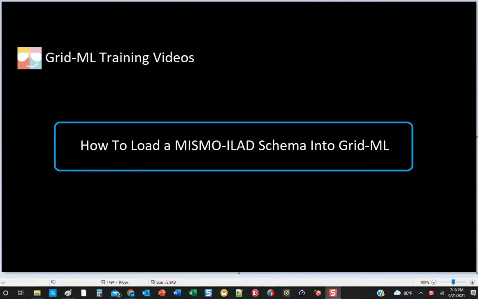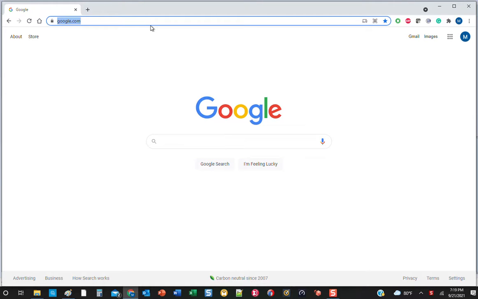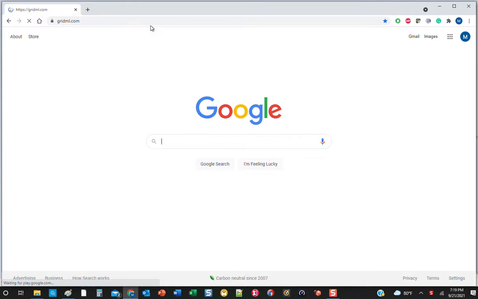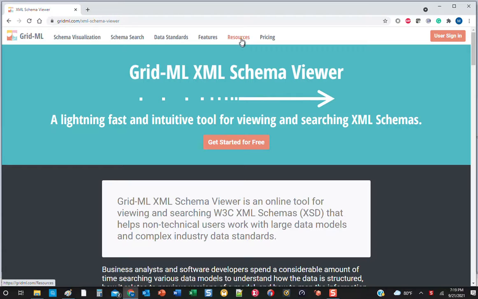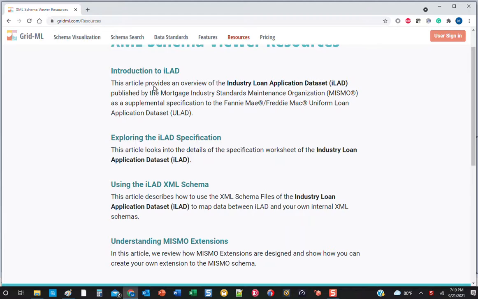In this video, I'm going to show you step-by-step how to load a MISMO ILAD schema into GridML. Before I get into that, I'm first going to go on to the GridML website, by typing in gridml.com, because under the resources tab on the GridML website, there's a series of articles here, and 3 of them are